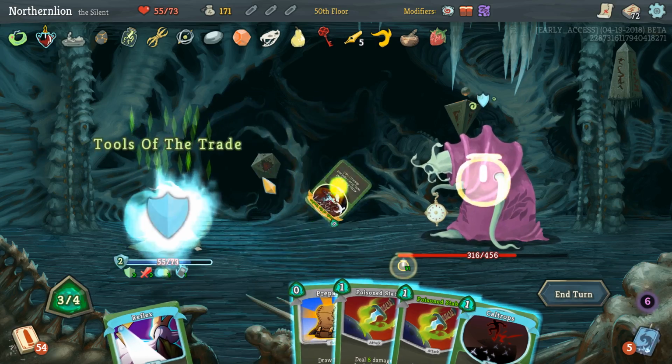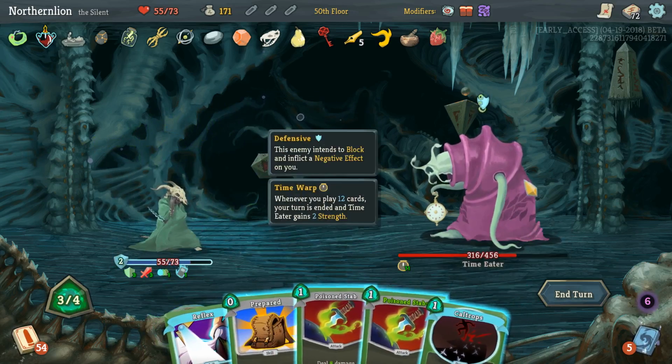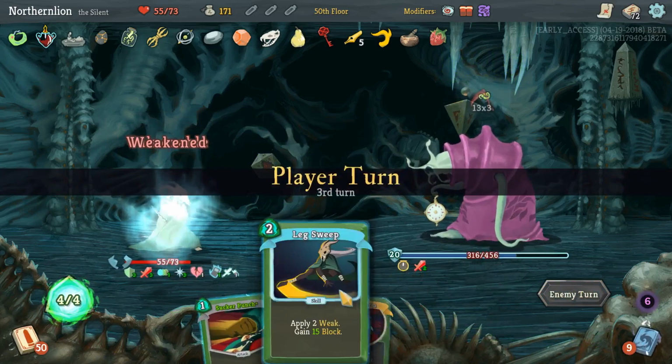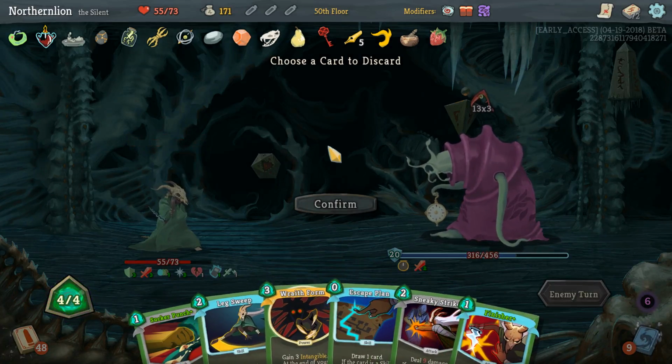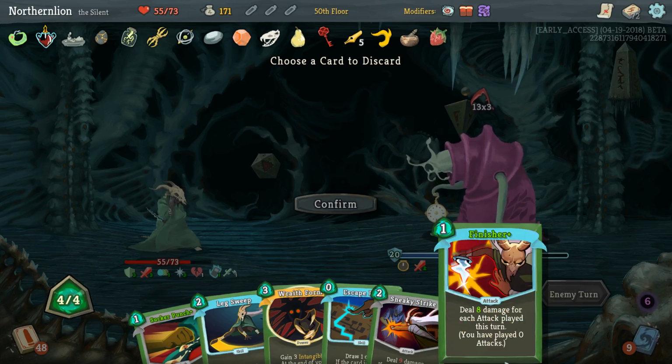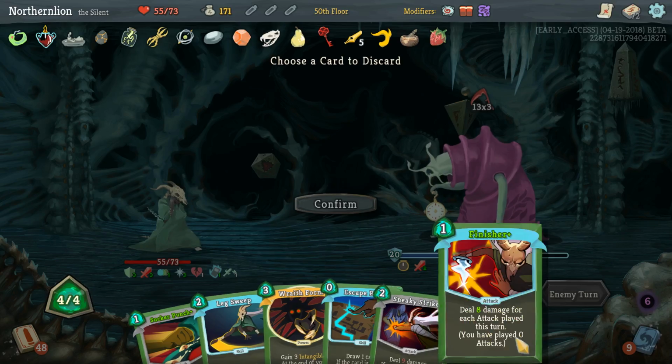I think you play a Tools of the Trade. And, I mean, you could poison him, but I think you could play a Caltrops and just get ready for the future. Do we have Well-Laid Plans? It doesn't look like we have Well-Laid Plans. Because if we had Well-Laid Plans, I would keep Wraithform. I think Wraithform is a little too dicey to play right now, though. Leg Sweep is maybe...